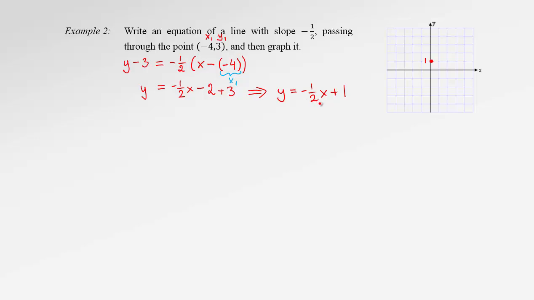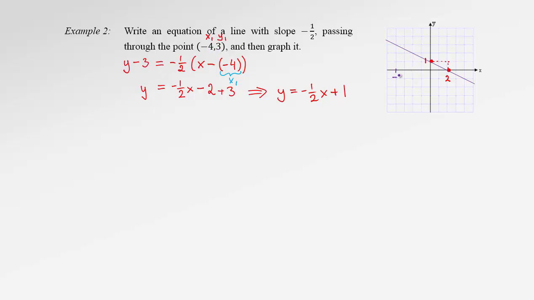Running 2, run is the bottom number, so we run 2, and falling 1, fall 1, so that's the next point at 2. Okay, again, take a ruler and graph the line. Notice that just for graphing this line, we didn't have to have the equation of it. It was enough to have the information that the line passes through the point negative 4, 3,